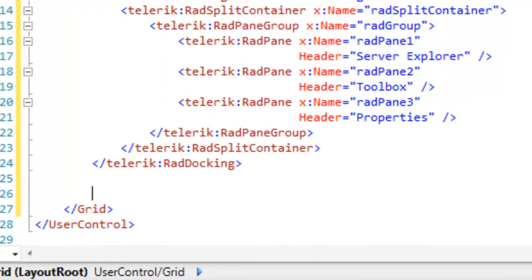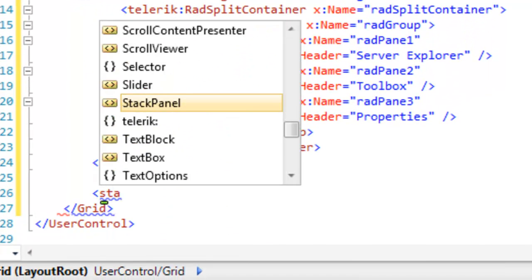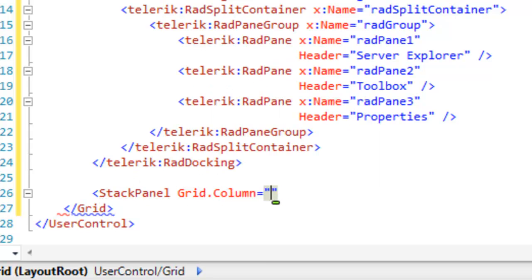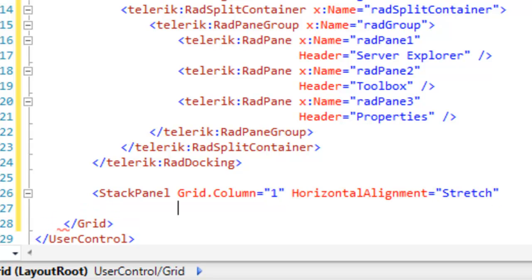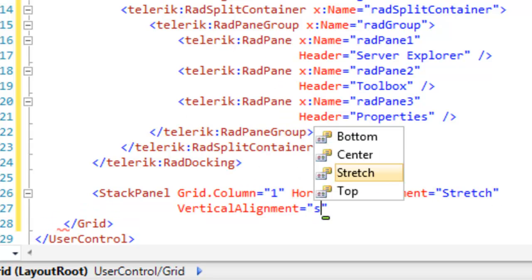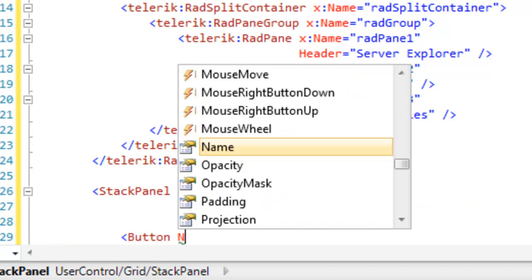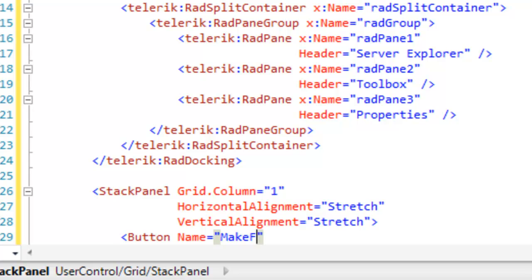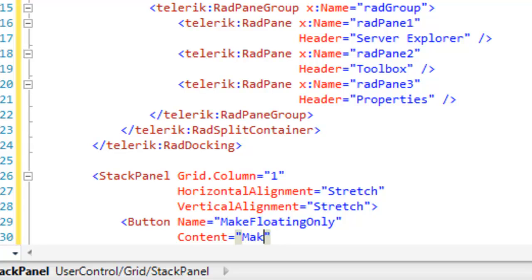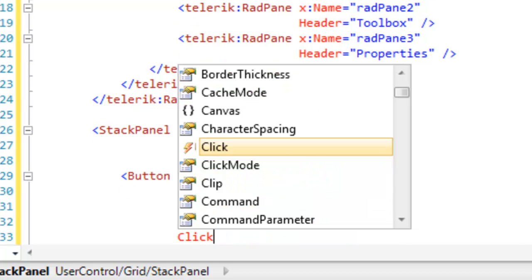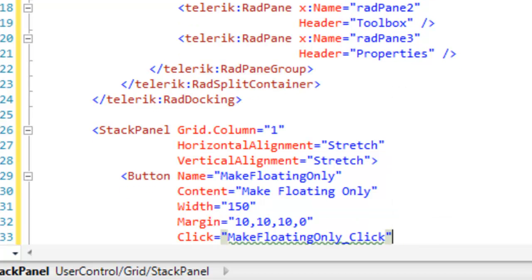Below our docking control, we're going to add a stack panel, which we will place to the right by putting it in grid column 1. And we'll set the horizontal and vertical alignment to stretch so that it fills that entire column. Inside our stack panel, let's create a button. Name the button Make Floating Only. Set the content accordingly. We'll set the width and margin, and then we'll set a click event handler for that